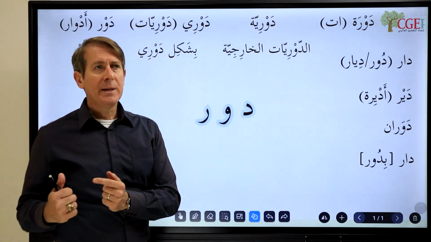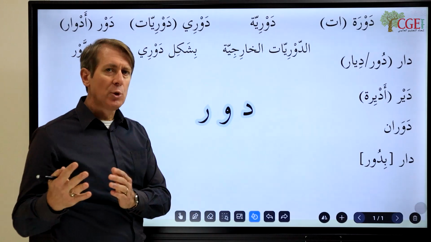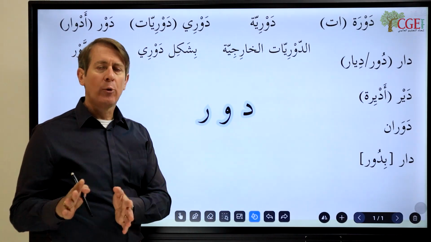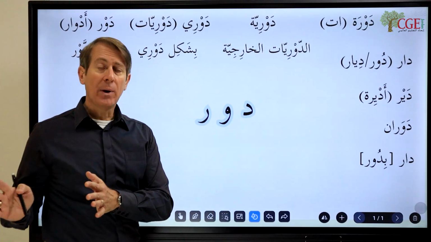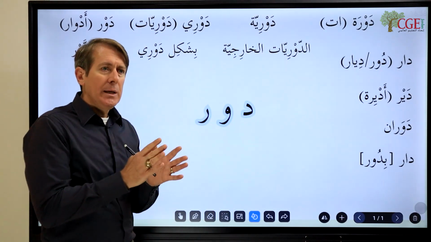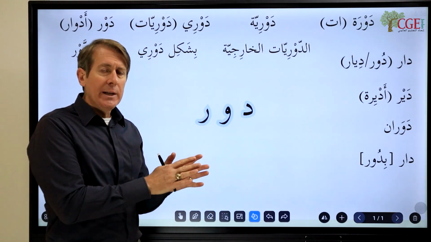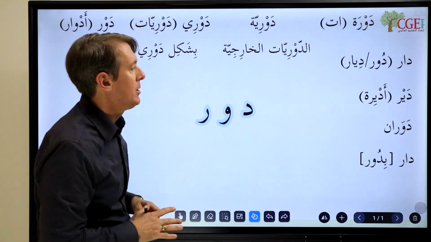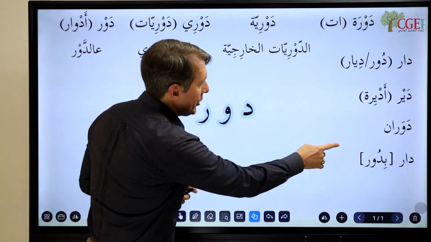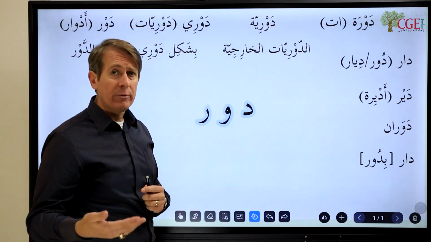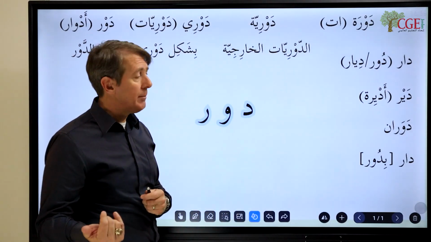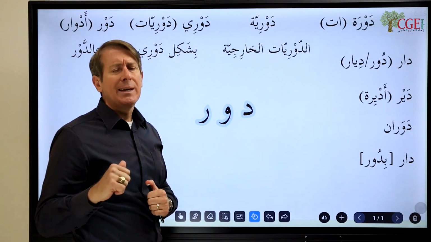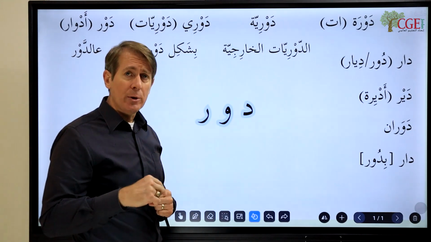Okay, and bidir, we're going to get to why this is, but bidir is actually from form 4, but the Amiya version of it is in form 1. So we'll get to that in a minute, though. We'll get to that, don't worry. Dar bidur is the original verb from this. It's in Fusha and Amiya, okay? But we don't use it much in Amiya except for what I said earlier.